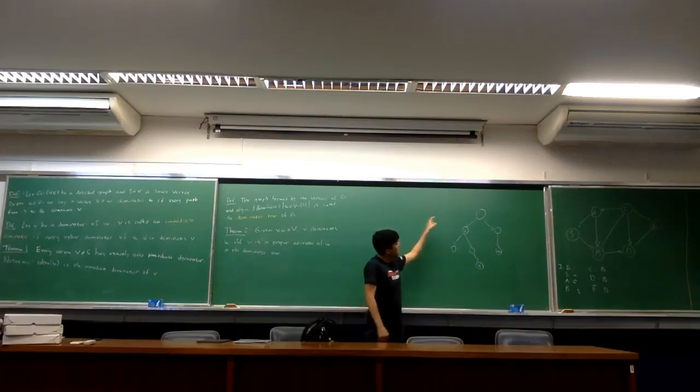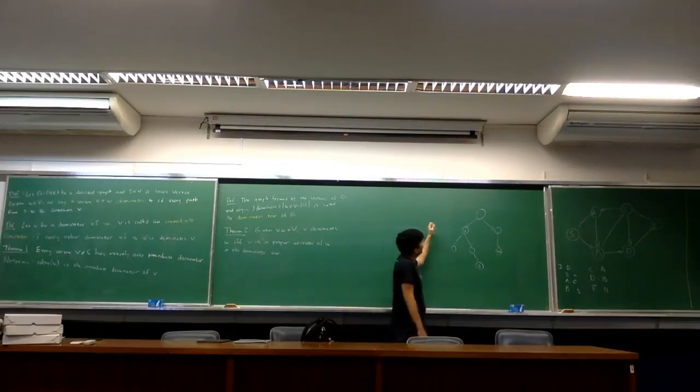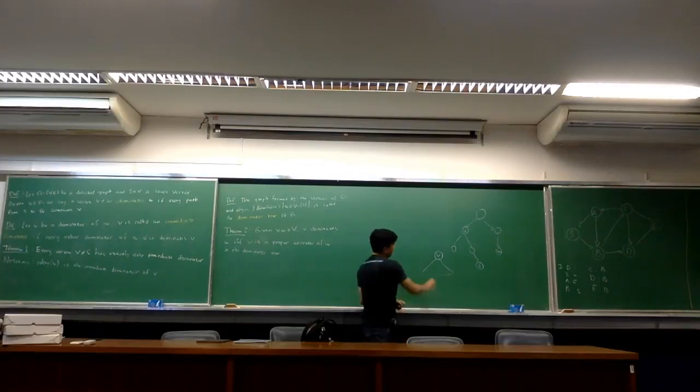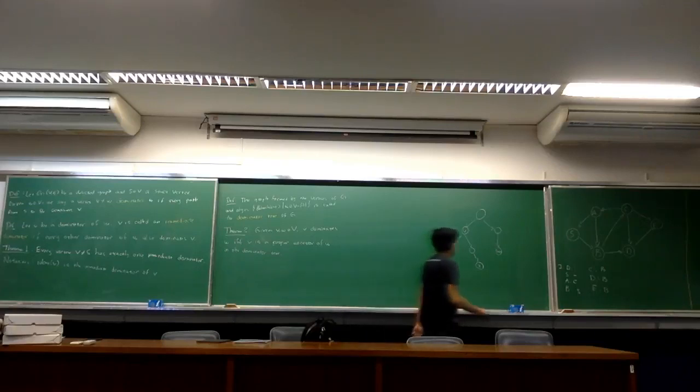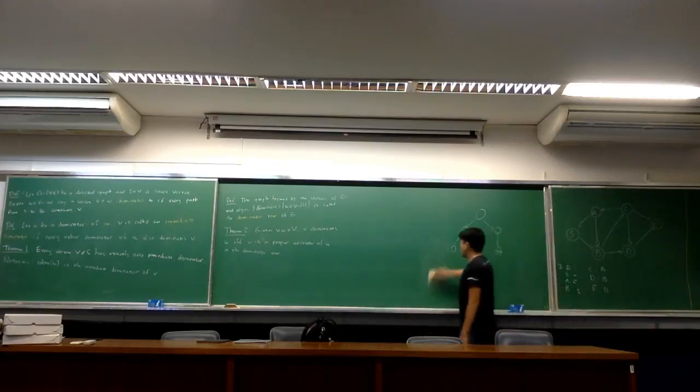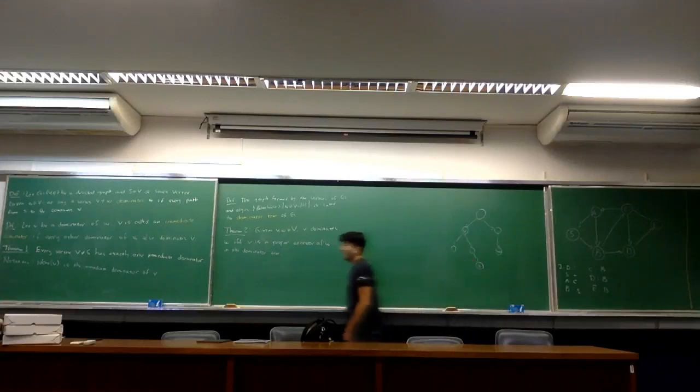You run a DFS on this tree, you store the pre-order and the post-order of each vertex, and then for vertex V, you have this cool property that every node in the subtree of V will have pre-order index greater than the pre-order of V, and post-order index less than the post-order of V. And that's if and only if, so you can check if a vertex belongs to the subtree of V in constant time. So yeah, dominator trees are pretty cool. Finding them is very difficult.